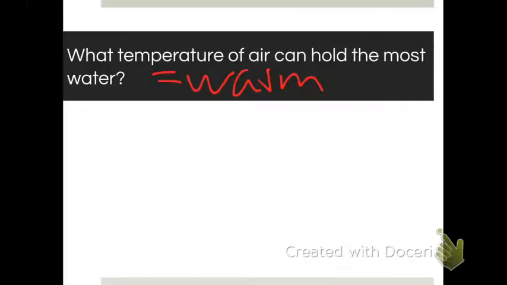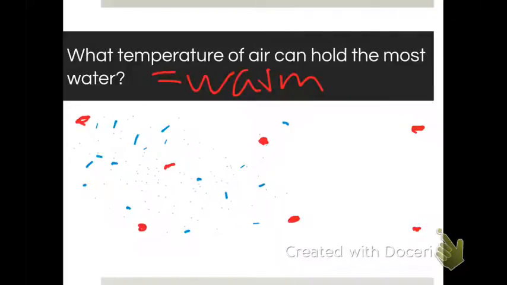And the reason being, when air gets warm, what does it do? It expands. I told you that we'd keep coming back to this concept because it's super important. So if this is warm air, all those molecules have spread out and expanded. So then if you have water vapor, this water vapor is going to be able to go in, and you're going to fit tons of little water vapor gas molecules all throughout. There's lots of space for this water vapor to fit. Now, I'm not going to fill in all this because that would be super annoying and take forever, but you could imagine I could go back and just add in tons and tons of little water vapor droplets